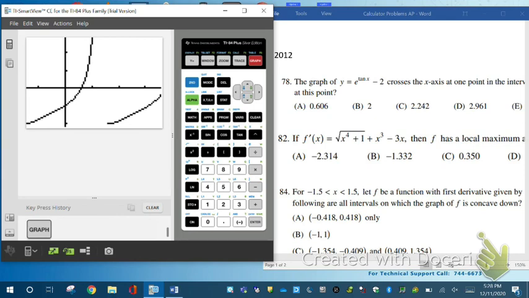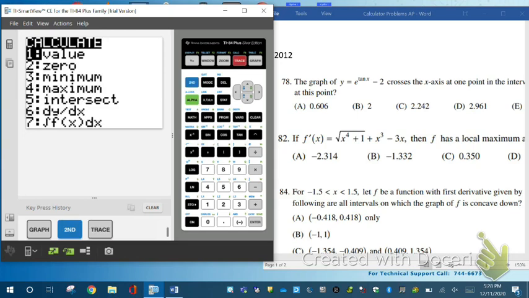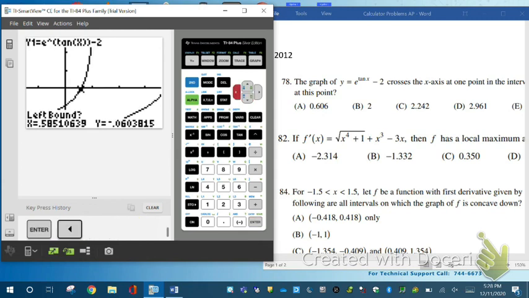So to calculate something on your graph, you hit second and calc, which is trace. We want the 0, option 2, either arrow down or hit 2. Get to the left of it, already kind of to the left of it, hit enter. Get to the right of it, or type a number to the right, hit enter. And hit enter again, nobody cares about guessing. And that's the number that we need to find the derivative at. So we're now going to do nderive at that point,